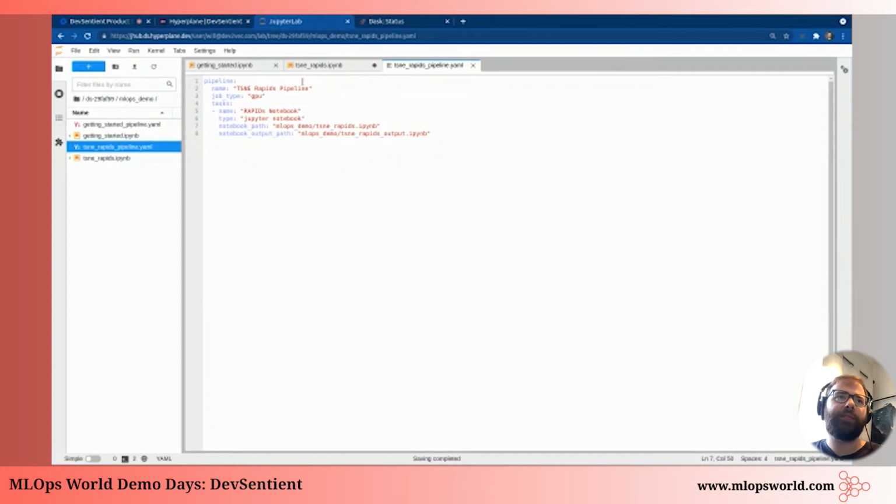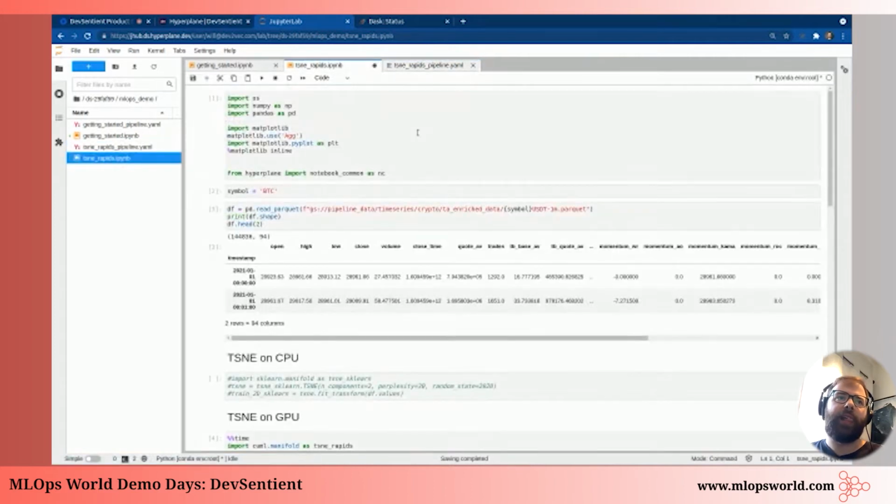So once I have this pipeline YAML set up, I'll switch back here. And maybe, for example, for this type of pipeline, we see this symbol here set to Bitcoin. But maybe I also want to run this job on some other data. Maybe I have some Ethereum crypto trading data or some Dogecoin data, and I want to see what the visualization looks like for that particular symbol.